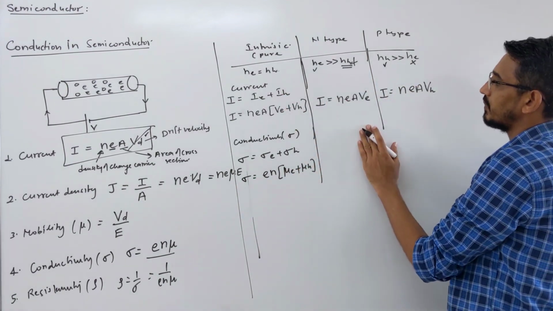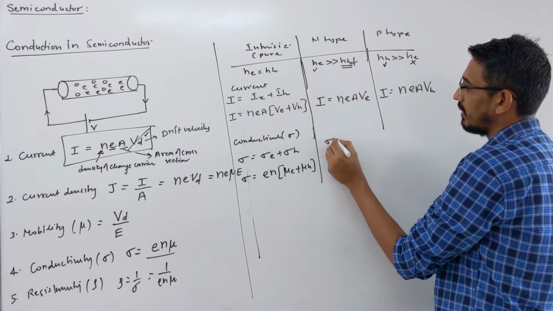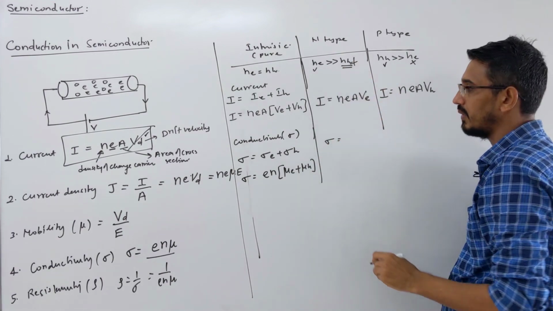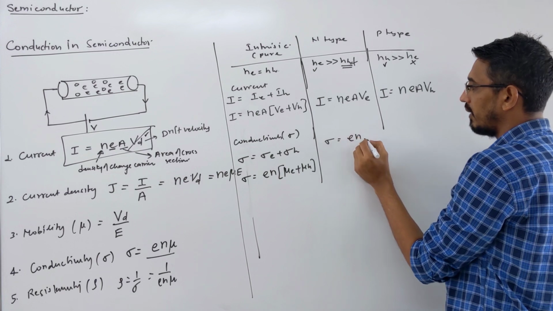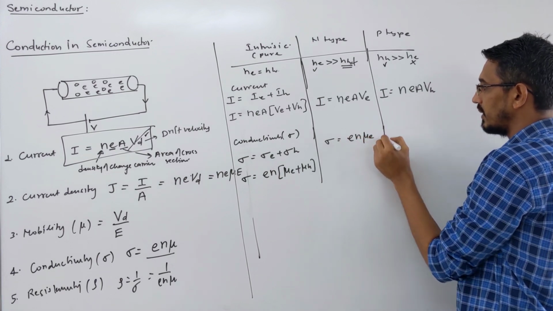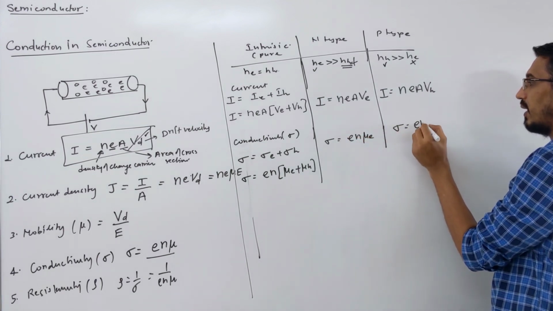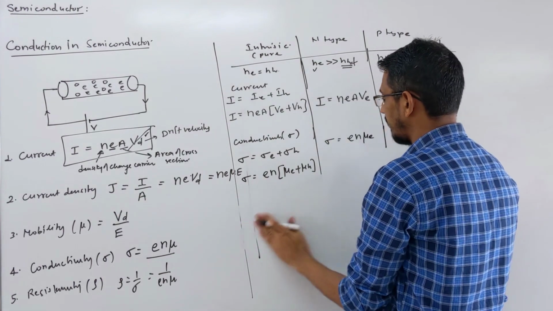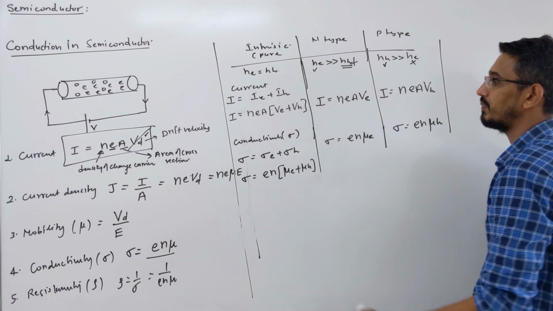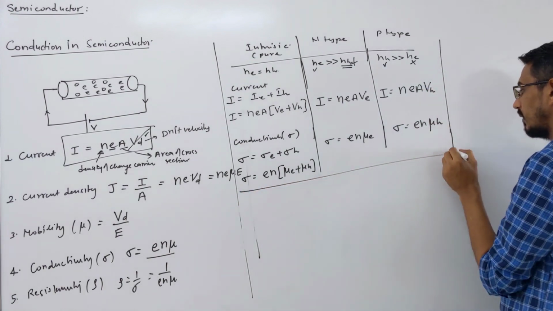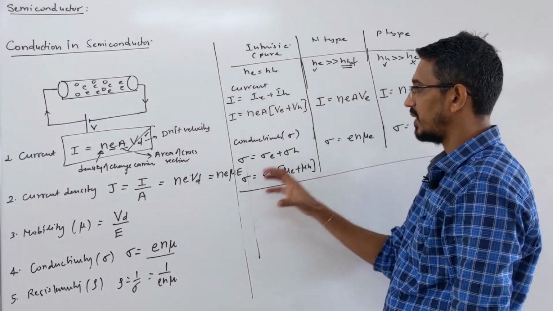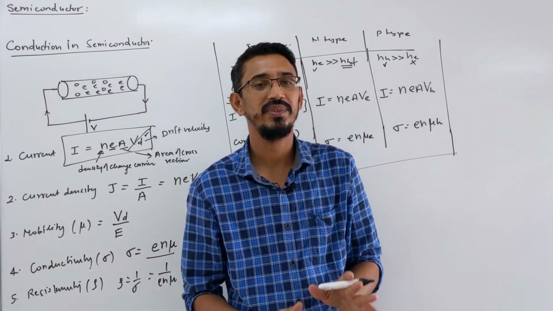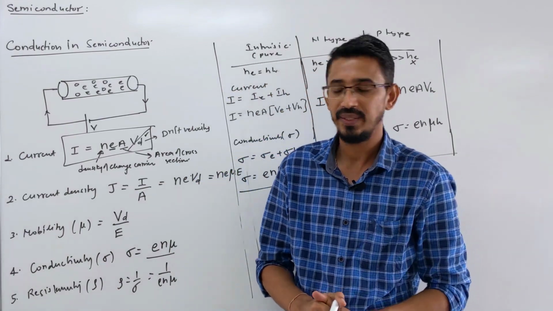So same thing here. What is conductivity here? Conductivity due to only electrons, so it will be E, N and mu of E. Same way here it will be E, N and mu of H alone, right? If they ask anything in the exam about this, you can note this down. How this comes, all these derivations, we learn in current electricity.